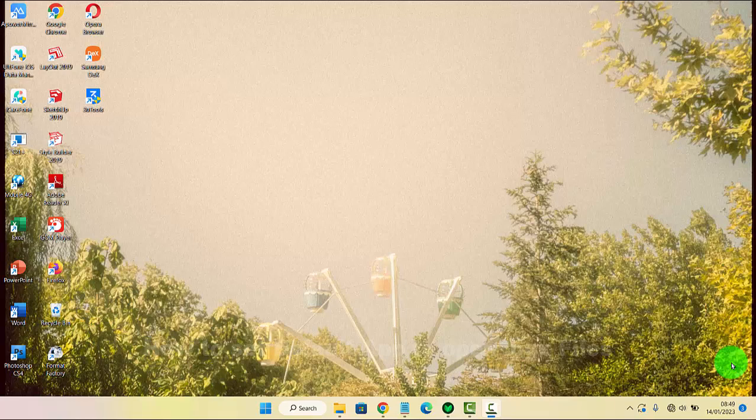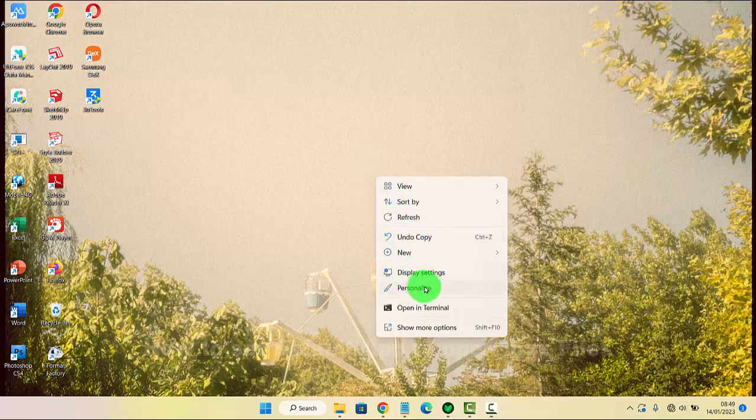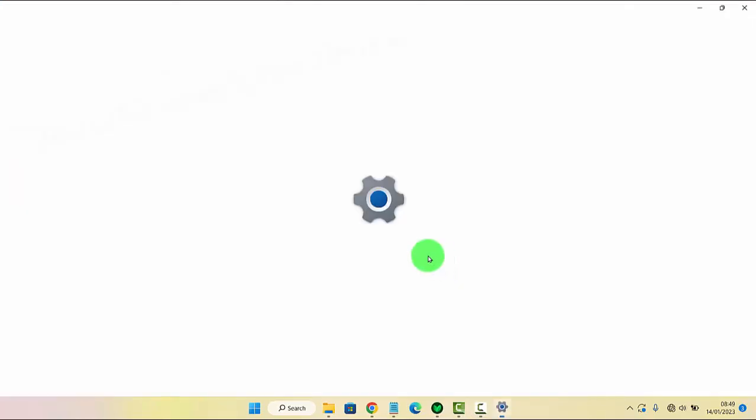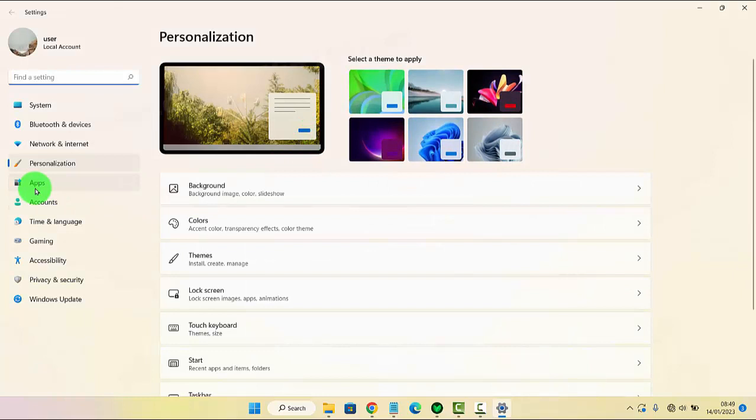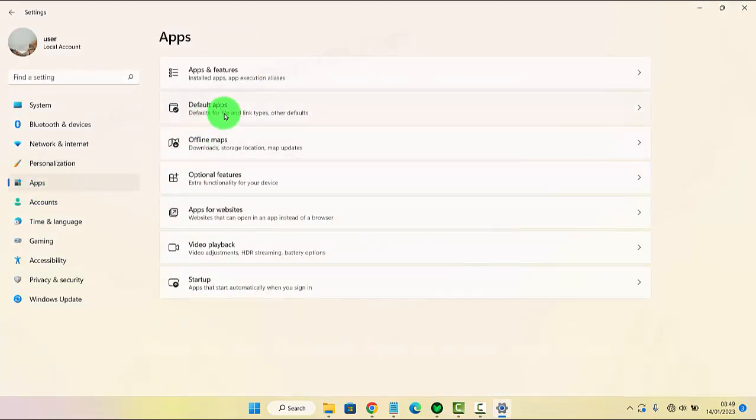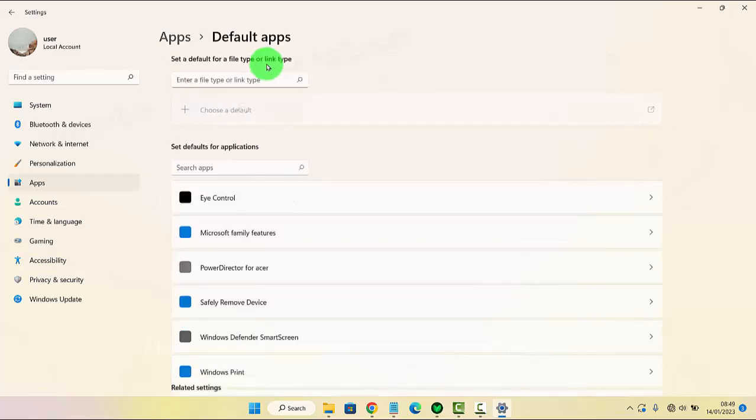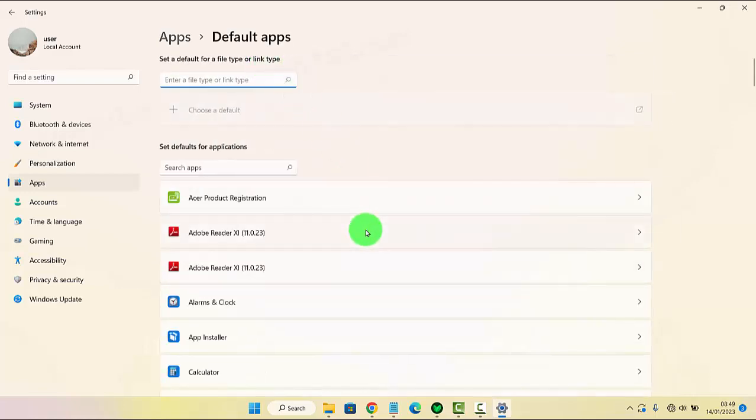To set the file app to open .ogx files in Windows 11 Pro, right-click on an empty area on the desktop, and then select Personalize. Next, click or tap Apps, select the file apps, and then scroll down the screen,